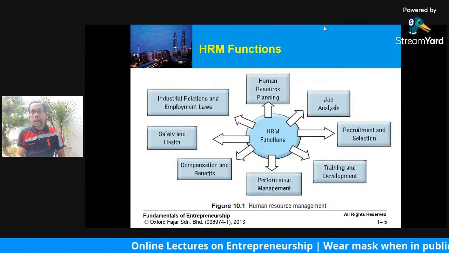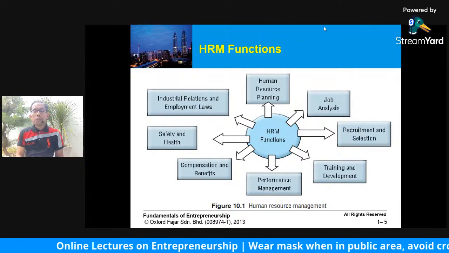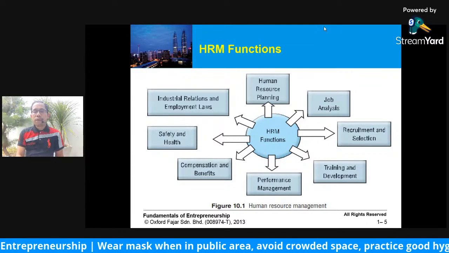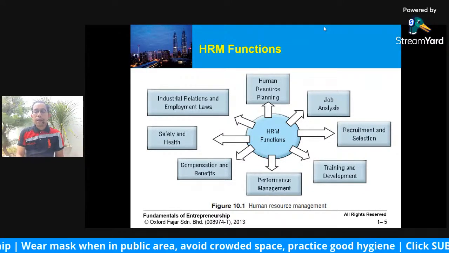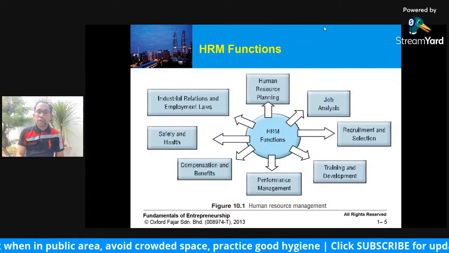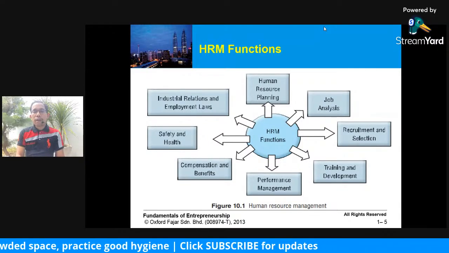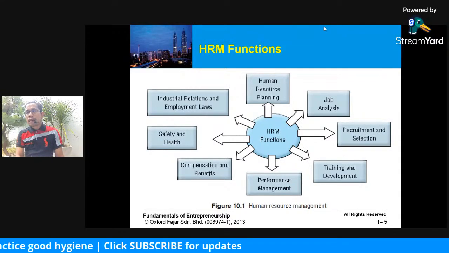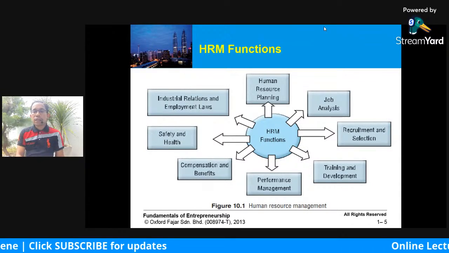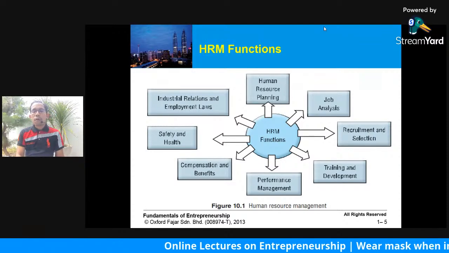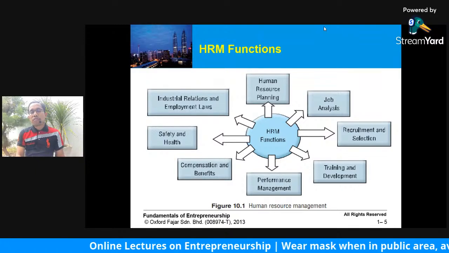And how to measure all those performances, we do have performance management. And the most important part when we talk about hiring people, we always talk about the compensation, and in some cases business ignores or is not so well versed in talking about safety and health. That's why